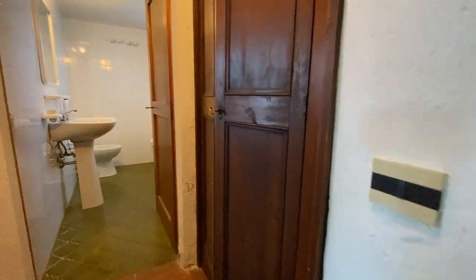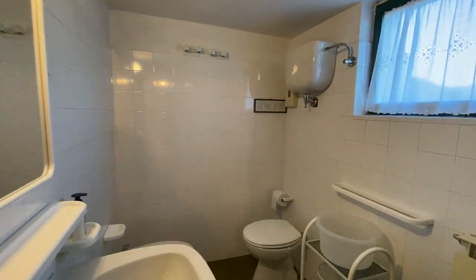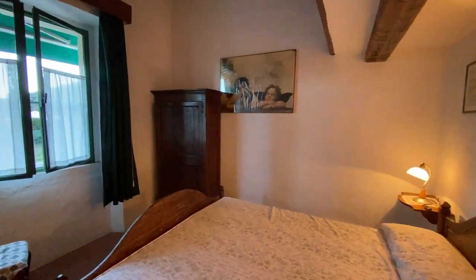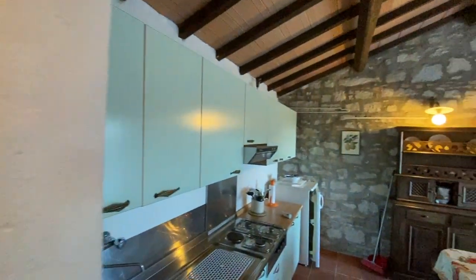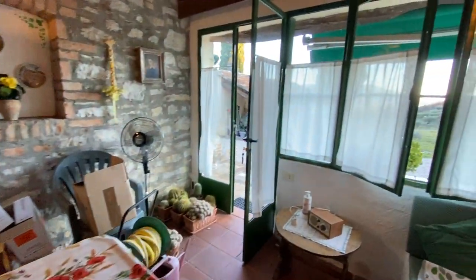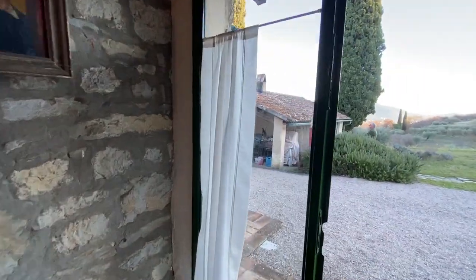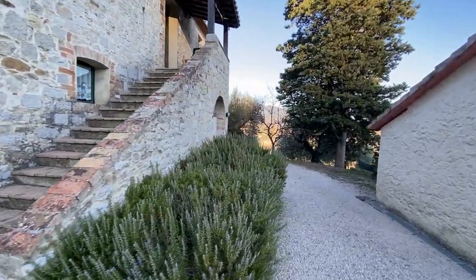It's beautiful. All the old wooden doors are authentic, and here is a bathroom with a shower, and the bedroom with another part over there, up there, with 2 nice single beds, just in case. Usually it's being rented out for 2 people here. Okay, with the kitchen, as I said, and here we go outside, and then to the lower apartment here,